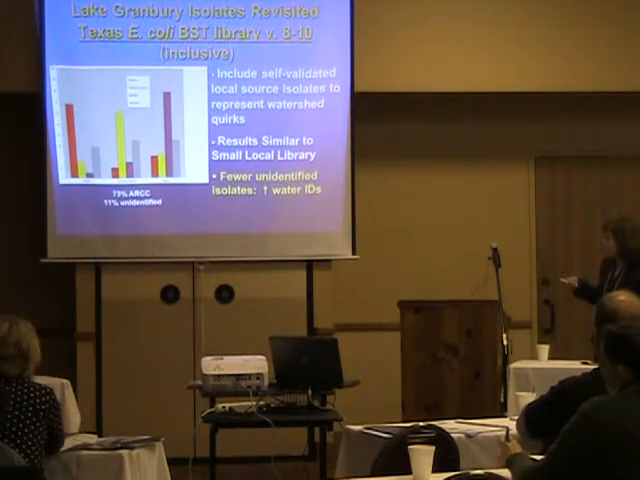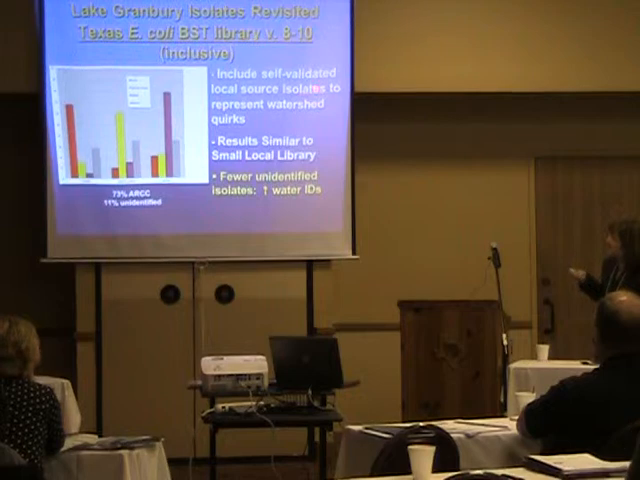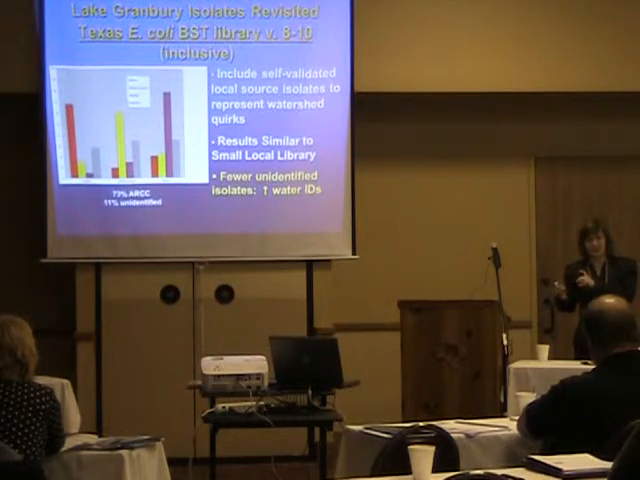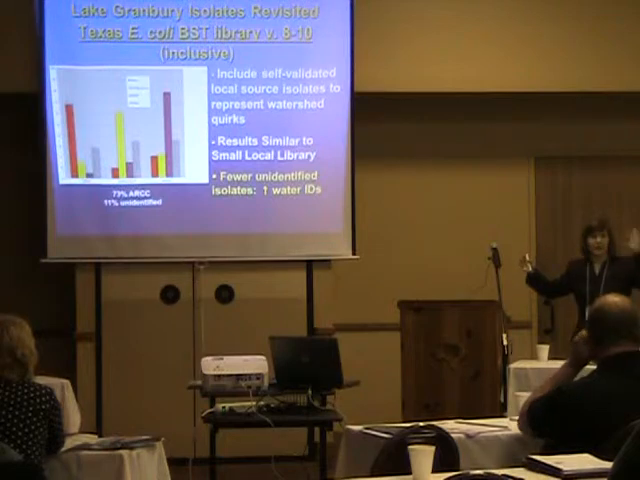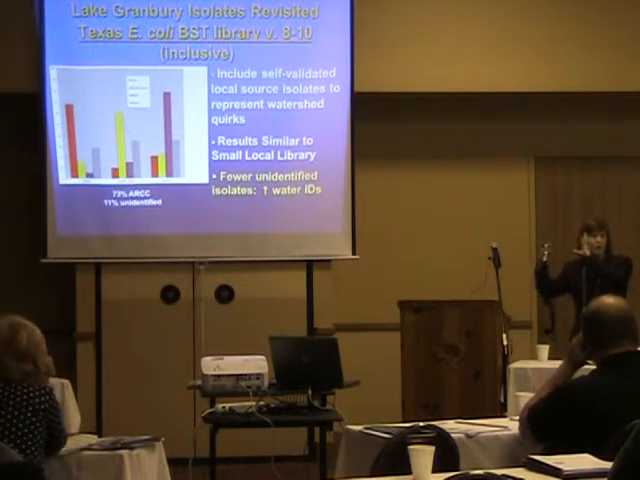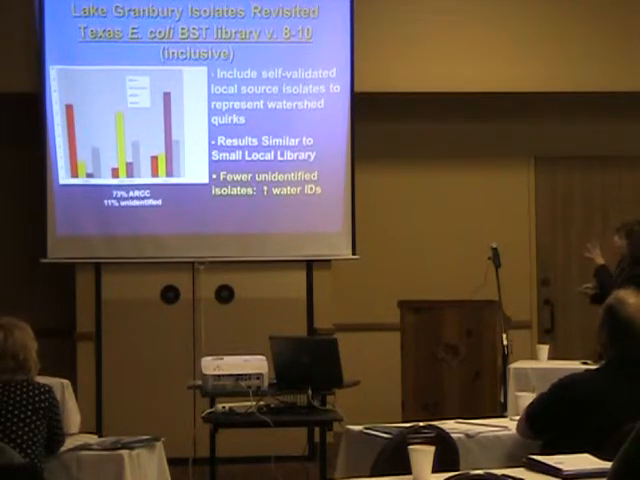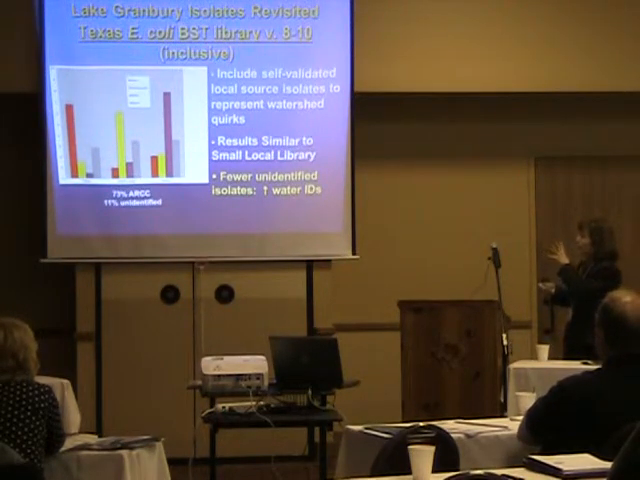So what we're doing is we're including the self-validated local source isolates in the statewide library to represent some of those watershed quirks. The fact that there was more septic in Lake Granberry than sewage, when a lot of our samples from Waco and Belton and San Antonio were sewage for humans. So again, this is a tool. So what we find then, when we use it as inclusive, where you include